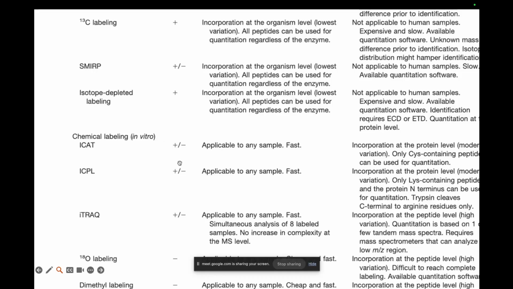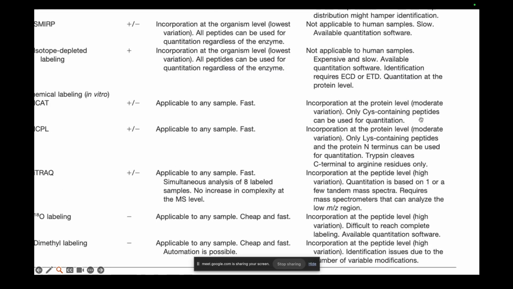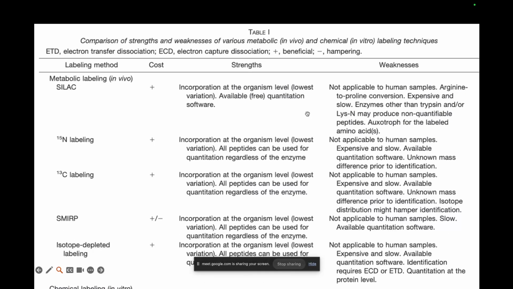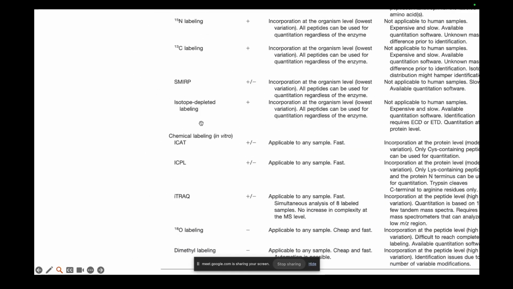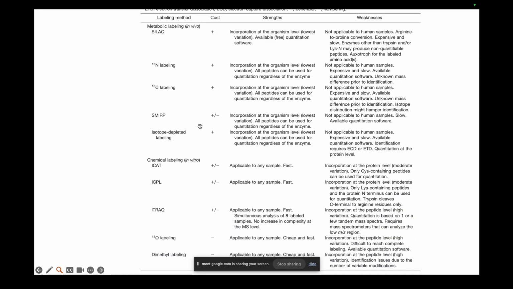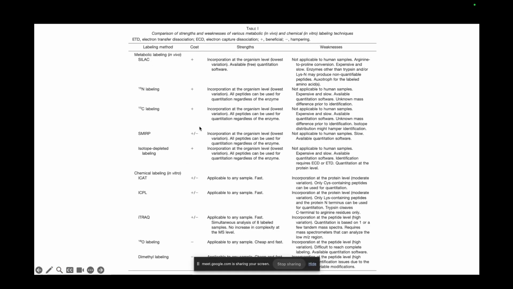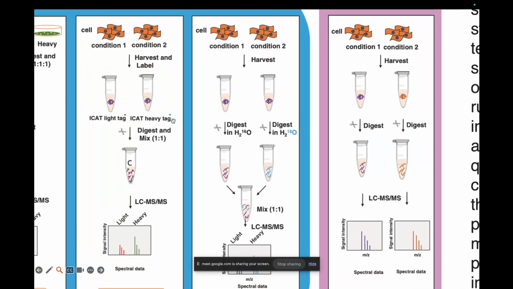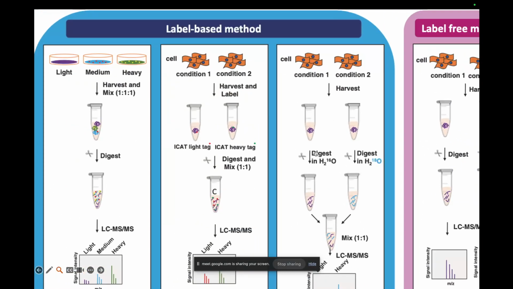In some cases, these are chemical labelings, which incorporate only at the protein level, but in this case it incorporates at the organism level and so on. So you can do a lot of these. There are a lot of these labeling technologies that you can use to label different conditions based on your experimental